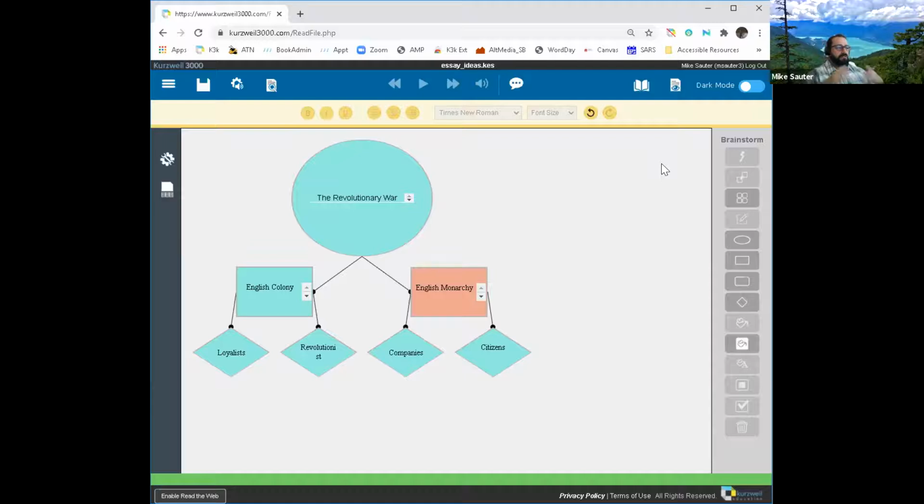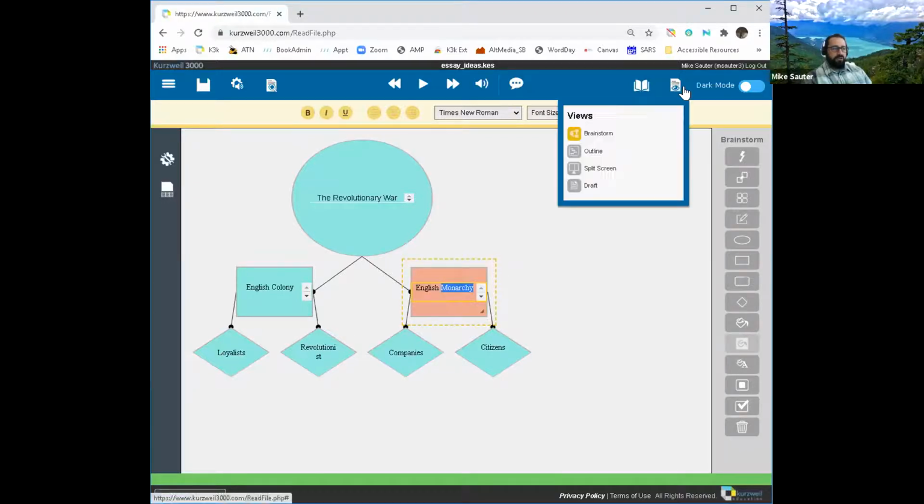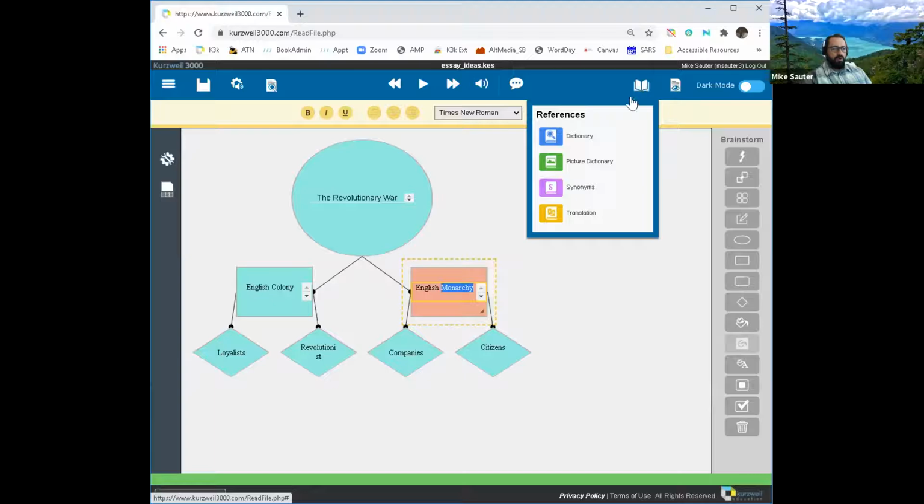Now that we have our map here, I'm going to show you that you can still use some of the tools that you're more familiar with. So let's say for the English monarchy item, we wanted to add a little bit more description of what a monarchy is.